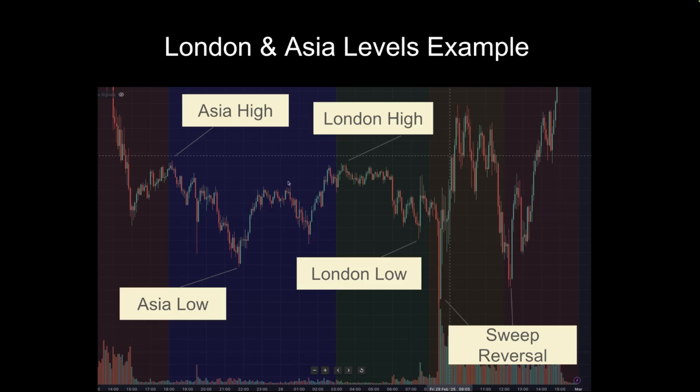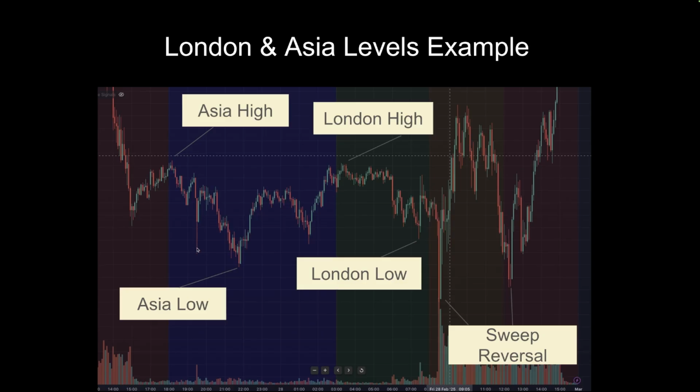So I have this color coded. You can get this in TradingView. It's literally called sessions, right? You go into indicators, look up indicators. It's called sessions. It's not mine. It's someone else's. But it will color code basically the market, right? And this pretty much from here, this orange over, this is the New York Open. But the green time frame from 3 here marks out London, and then we have the blue here, which is Asia, right? So these are the Asia markets, the London markets, and then anything over here is the New York, right? So let's just